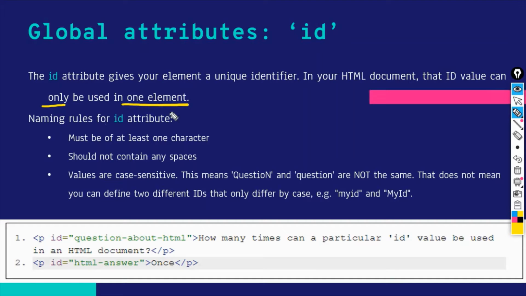So naming rules for the ID attribute, first is that it must be of at least one character. Next is that it should not contain any spaces, and values are case sensitive, meaning to say if you use this name here, Question with capital letter N, and question here with lowercase letter n, they are